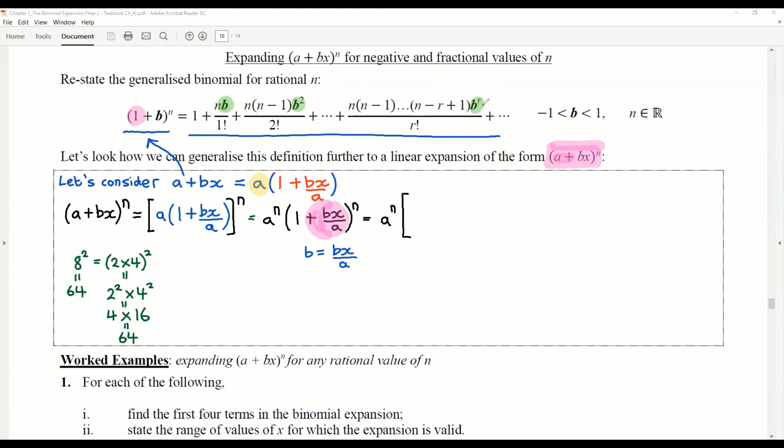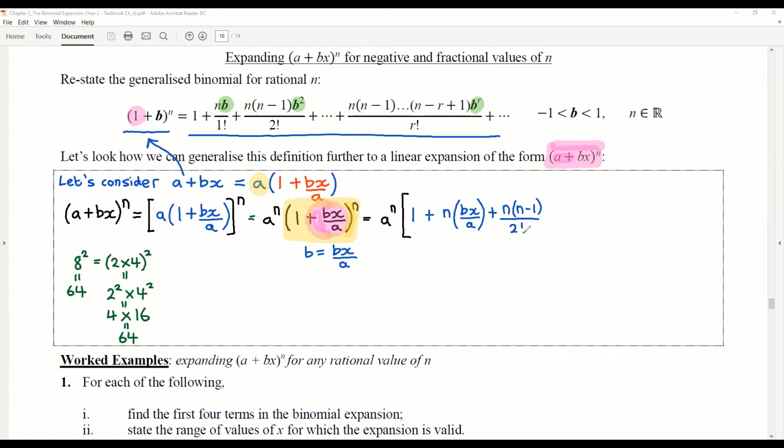The first term is, of course, 1 in the expansion. Notice, of course, when I'm doing the expansion, I'm referring only to this part. This is as it was. The only difference now is that the whole thing is going to be multiplied by a to the power n. Right, let's continue. So we have 1 plus nb, so that's going to be n multiplied by bx over a, over 1 factorial, but we can dispense with that, plus n multiplied by n subtract 1 over 2 factorial,